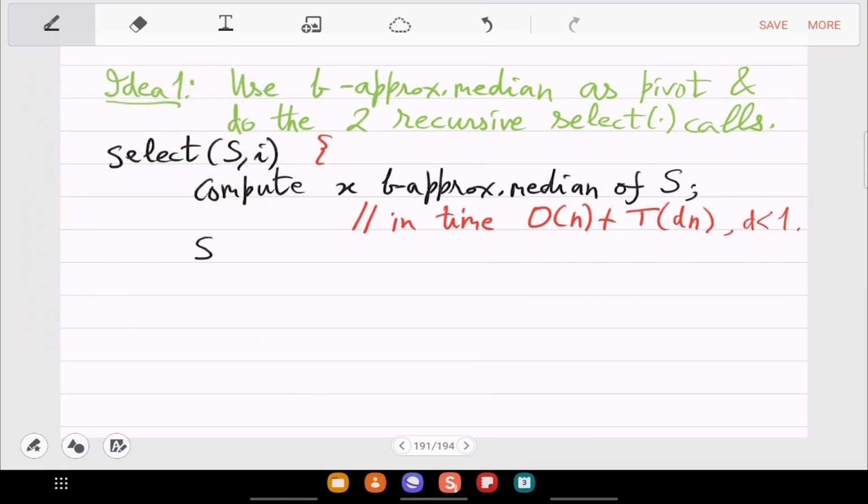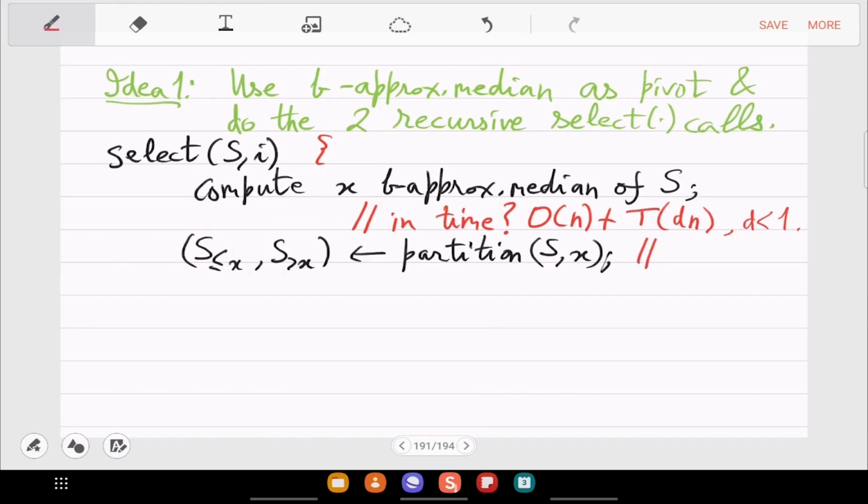So now you partition. So how fast can you partition, given S and a pivot? How much time is this? Yeah, order n time.